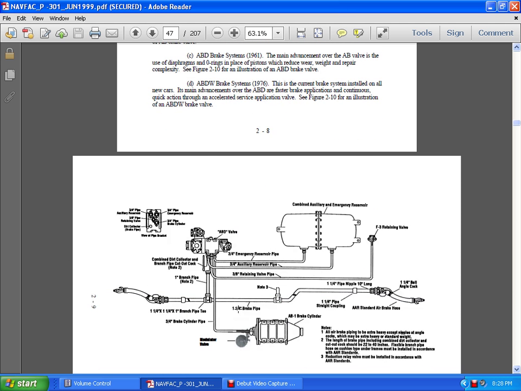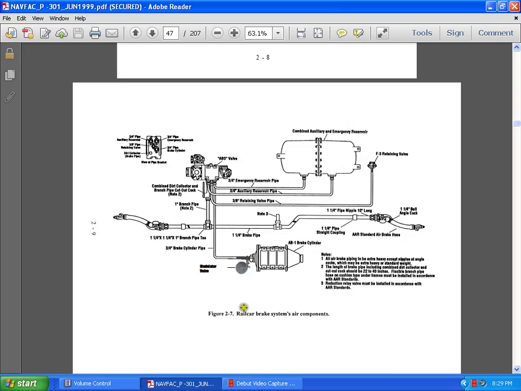Now here's what you've got: a picture of the rail car air brake system, figure 2.7. You have your AB1 brake cylinder going to the modulator valve, headed to the ABD valve, which is connected to a 2 3/4 emergency reservoir pipe, a 3/4 auxiliary reserve pipe and a 3/8 retaining pipe. The retaining pipe goes to an F3 retaining valve, while the emergency reservoir pipe and auxiliary reserve pipe go to the combined auxiliary reserve